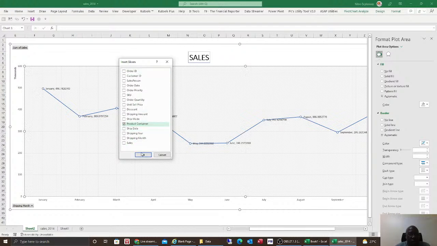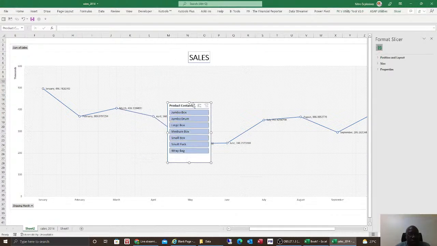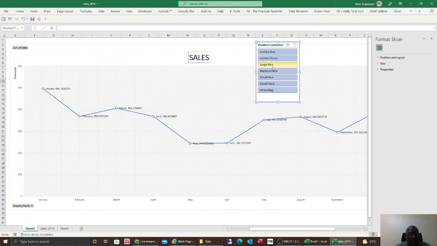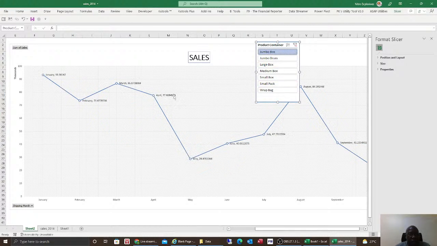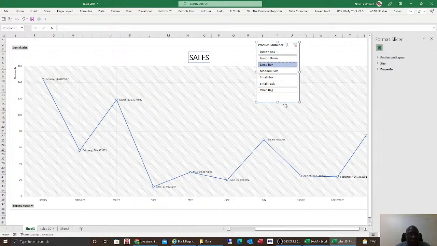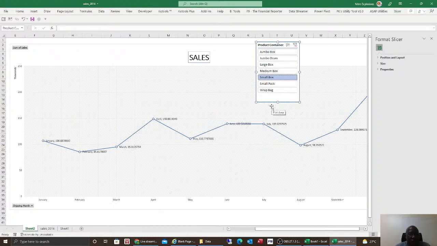Is it product container? Yes. So this is how, these are the jumbo drums cells. These are the jumbo box cells. These are large boxes cells. These are small box cells. Okay, you see,